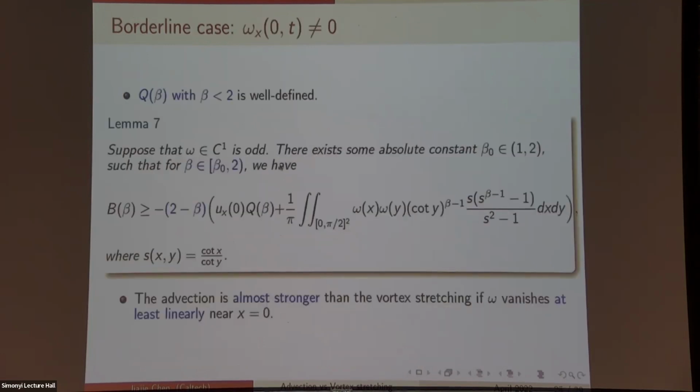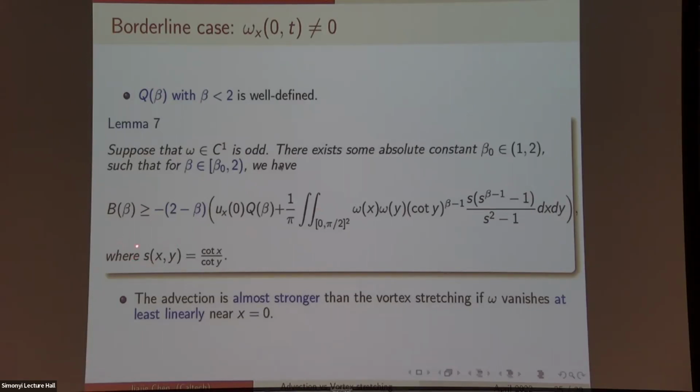But now, how about we, instead of considering Q2, consider Q beta with beta less than 2? Just now we saw that if beta is 2, we get a 1 over y singularity. But if beta is less than 2, the kernel is less singular, then this part will be well defined. It is integrable. So 2 is just a threshold, but if you move across a little bit, then we can define this Q beta. But now the problem is, as I mentioned earlier, if beta is less than 2, we do not expect this quadratic form to be positive.